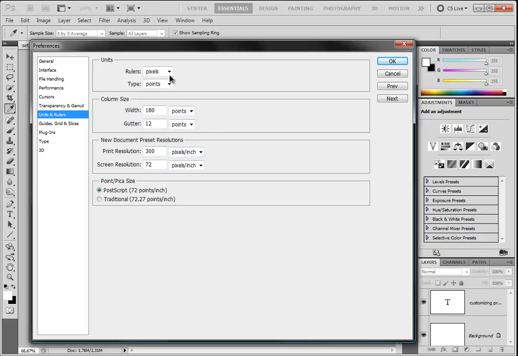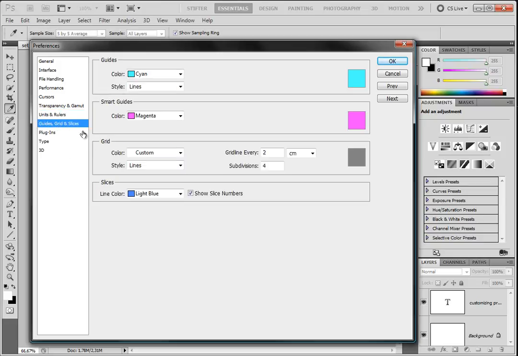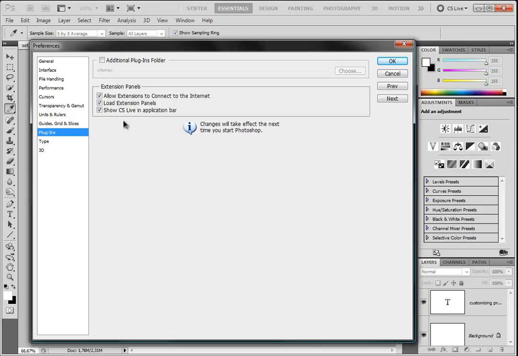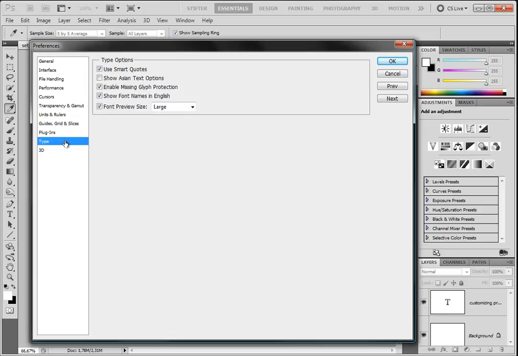Units and rulers. I'm going to set rulers to pixels, points to points, column size. I'm going to leave all of this the way it is. And on the guides, grids, and slices, I don't think I've changed anything here. Plugins, I left everything the way it is. Type,